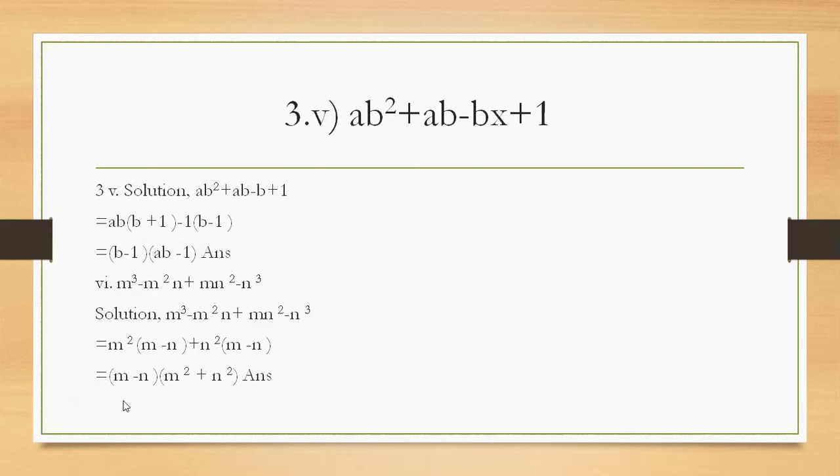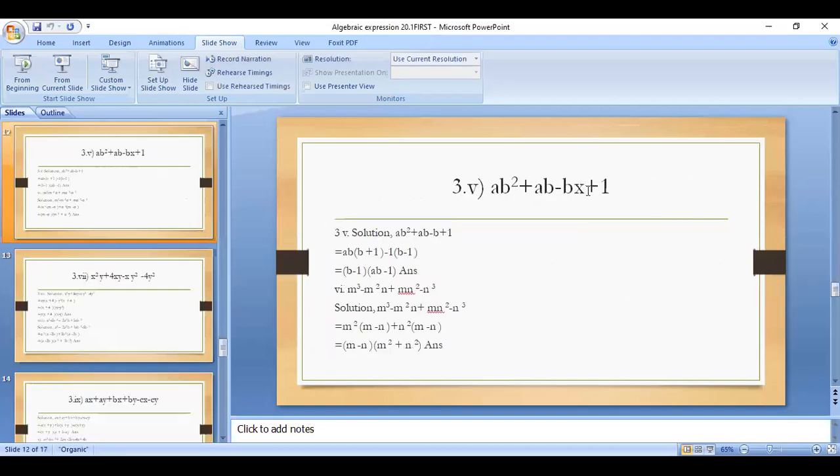Okay, look here. In this one, I want to show you one correction. In question one, there is one wrong typing, one mistake. This one is bx, but here it must be b only. Look in this question, there is b only. Okay, children? Okay, sir. Here must be b only.